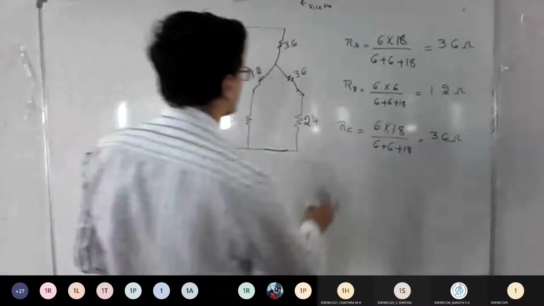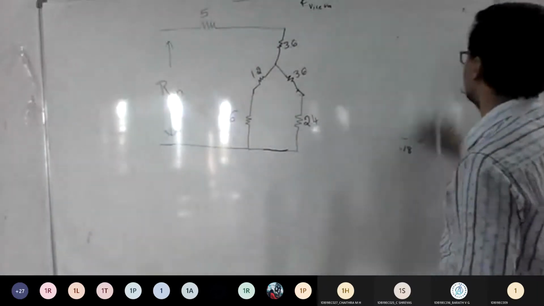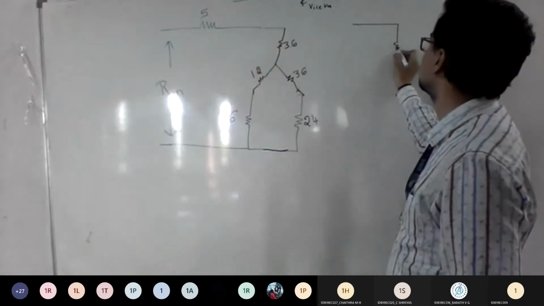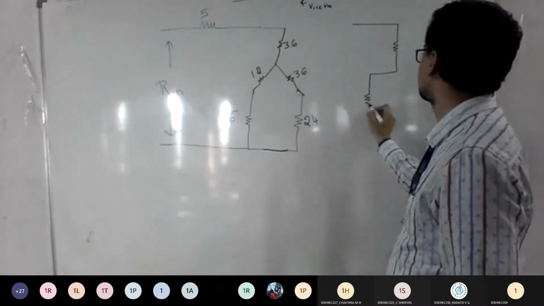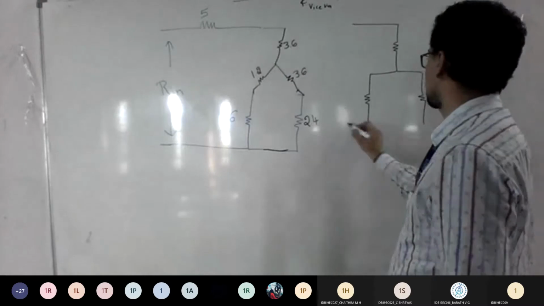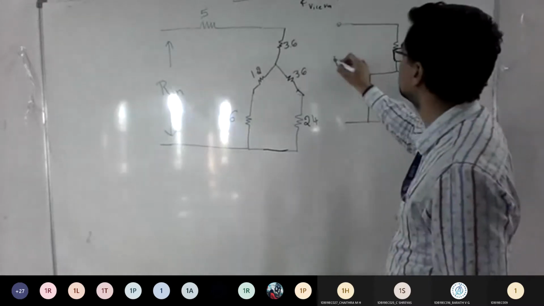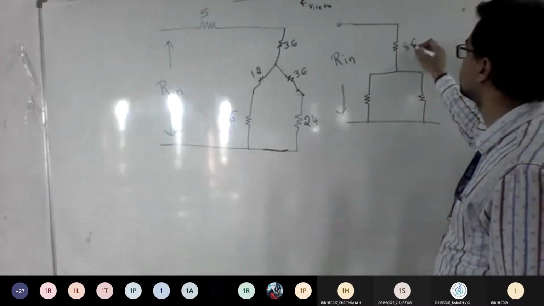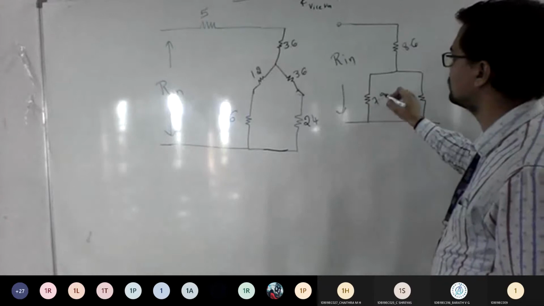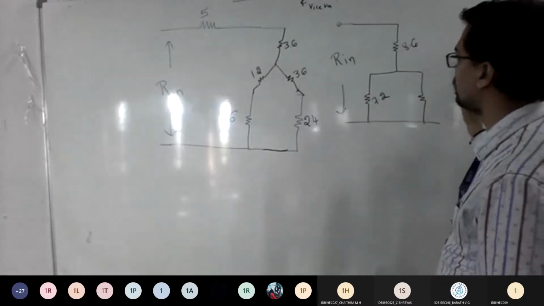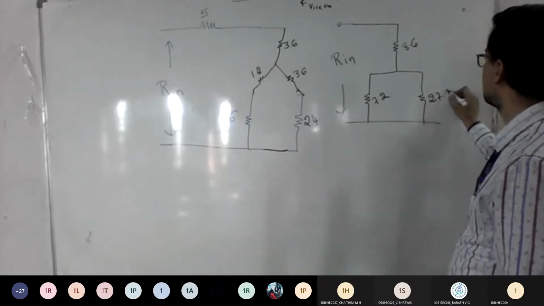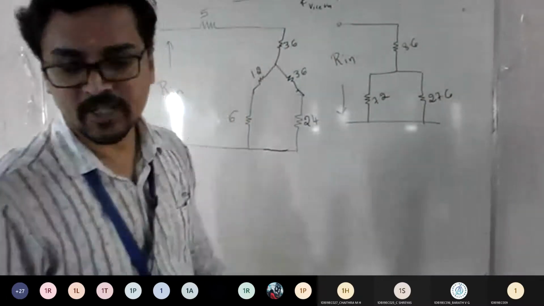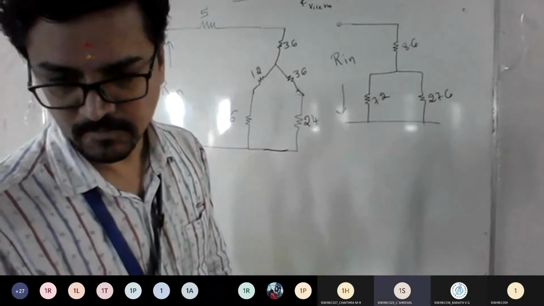So after writing this, what's the equivalent circuit you need to represent here? So these 2 become series. So is it like this? Is it how it looks here? Everyone? Am I correct? So this becomes 8.6 and this becomes 7.2 and this becomes 27.6. Is it how it looks? Yes or no? Yes, sir.